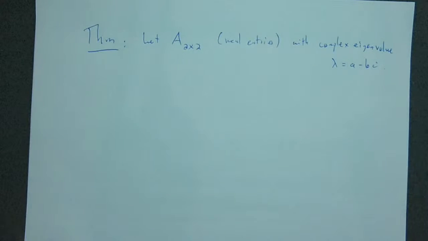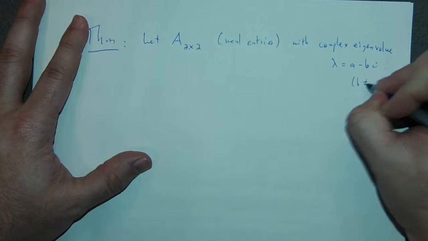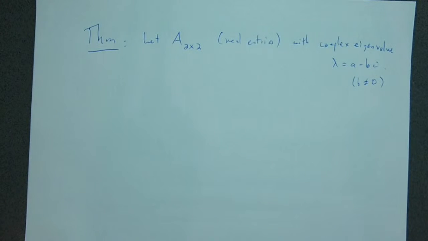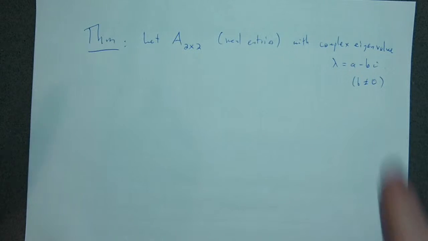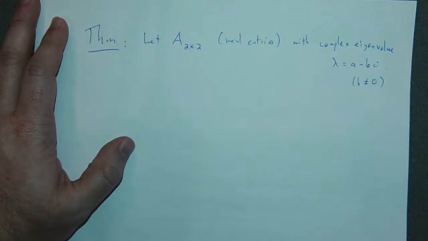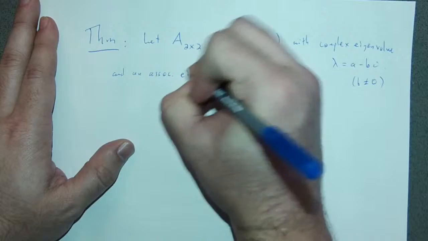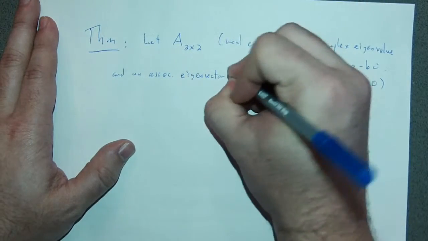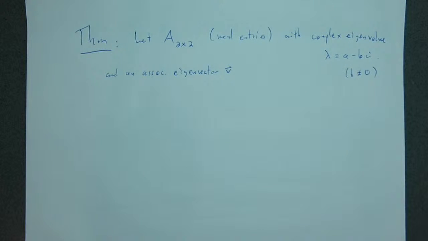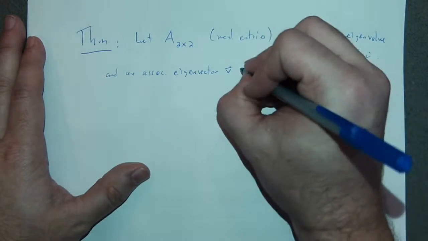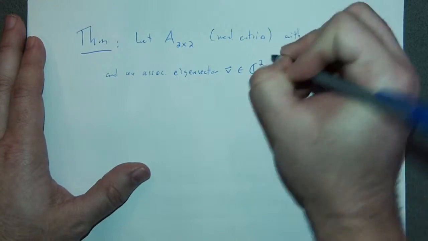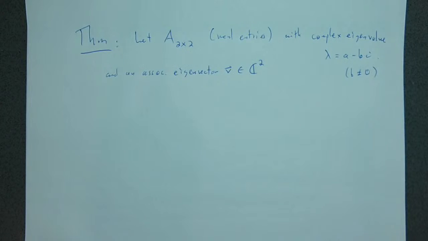You can do this perfectly well picking the a plus bi, it doesn't matter. So b here is not 0. If it were 0, then we'd just be dealing with a real eigenvalue matrix. So if A has complex eigenvalue lambda and an associated eigenvector v, which is guaranteed to have complex entries, so an associated eigenvector v which has entries in the complex plane, then